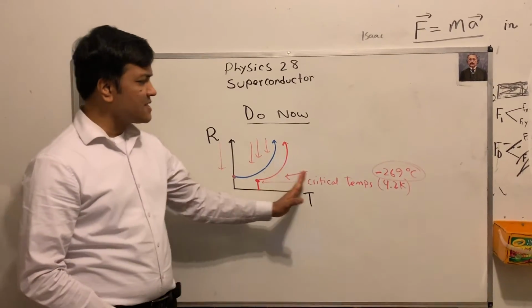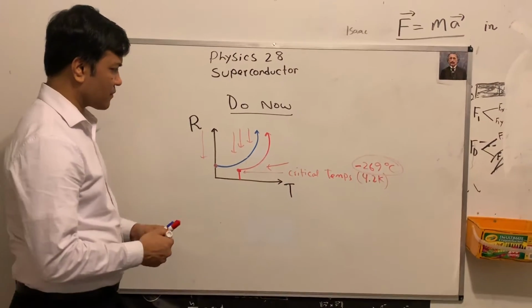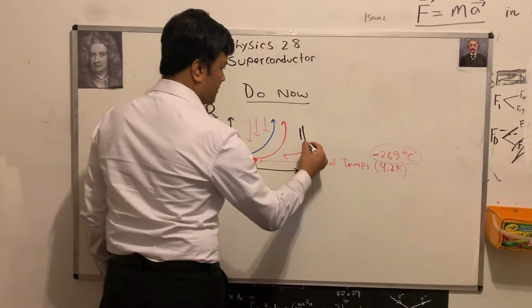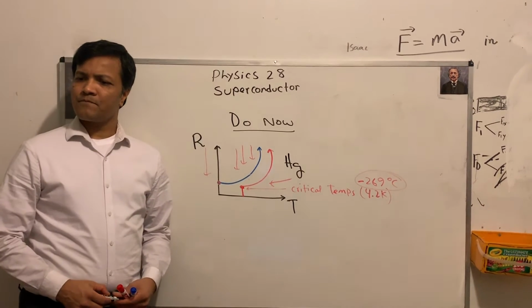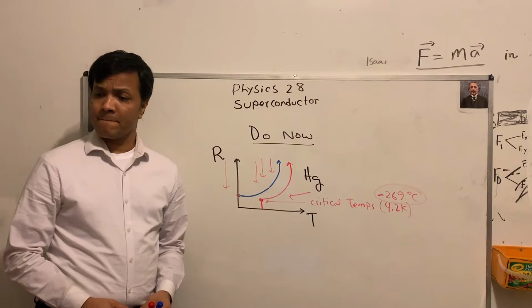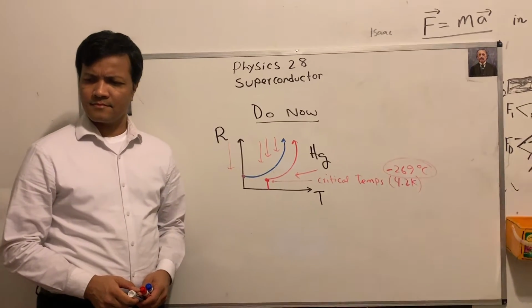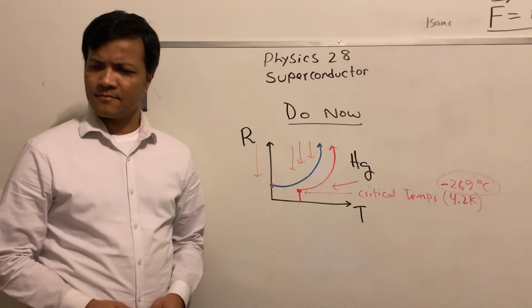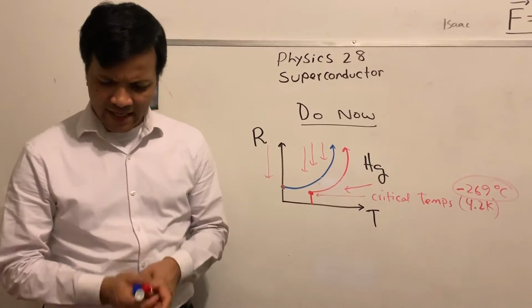But this is true for what atom? Mercury. How do you write mercury? Hg. And we've been discovering new things like that yttrium barium oxide, which has a critical temp of 96 Kelvin. Who discovered that if you take mercury,